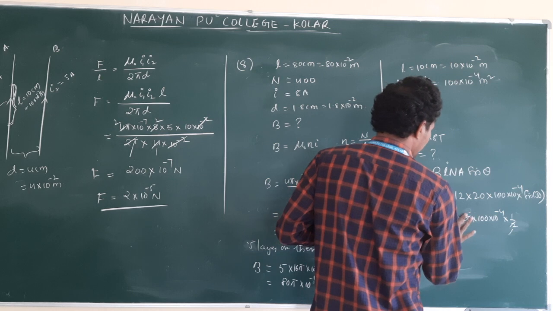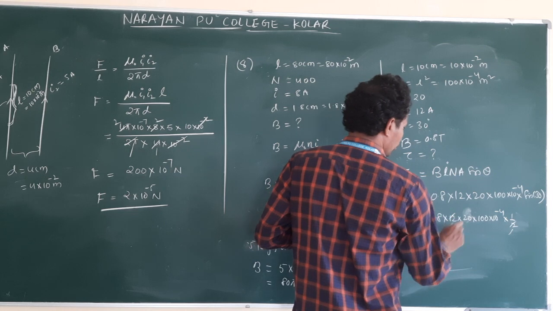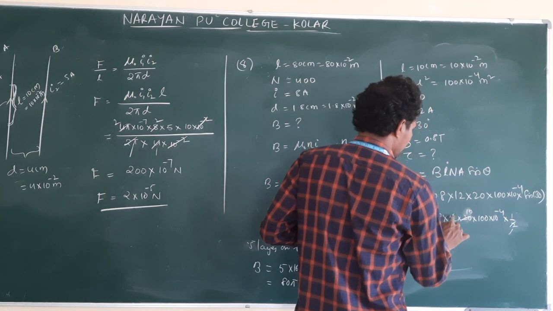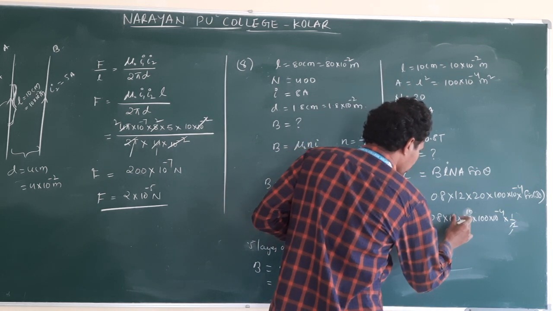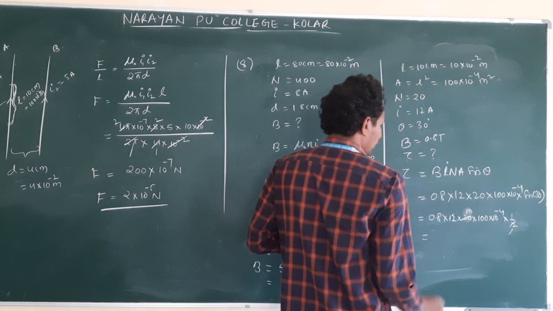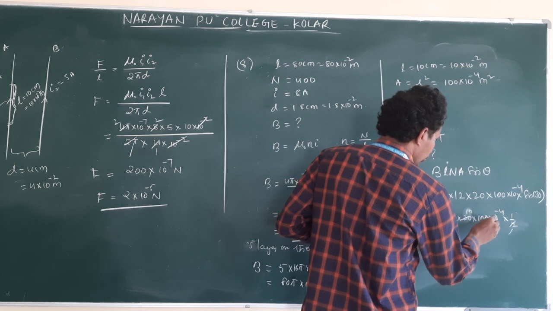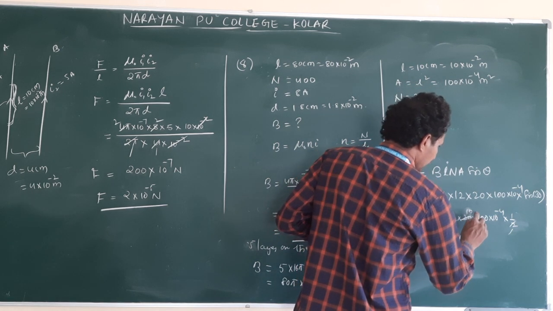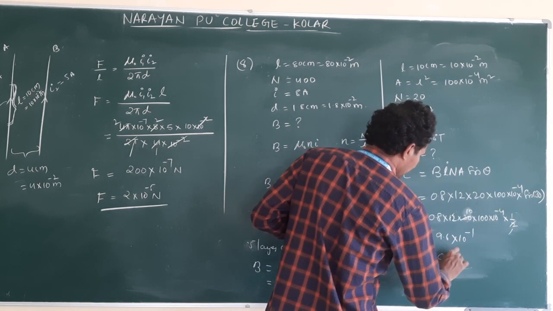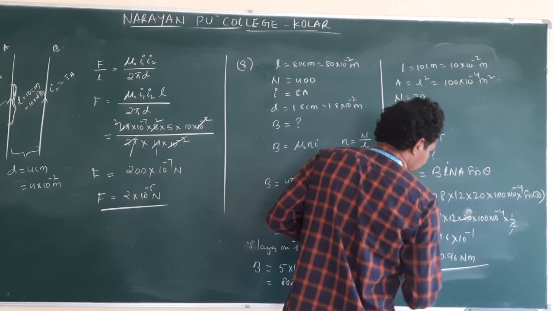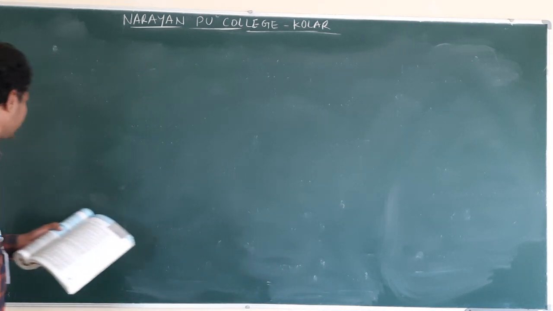Or we will do it like this instead of cancelling, to make it easy. This is 20. 2 ones, 2 cancel here, 2 tens. Clear? Now we have 12 as it is. 12 into 8, 96. This is 9.6. How many zeros are there? 1, 2, 3. 10 power minus 1, 2, 3. Minus 4, minus 1. This is 0.96 Newton meter. Clear? Now 10th question.